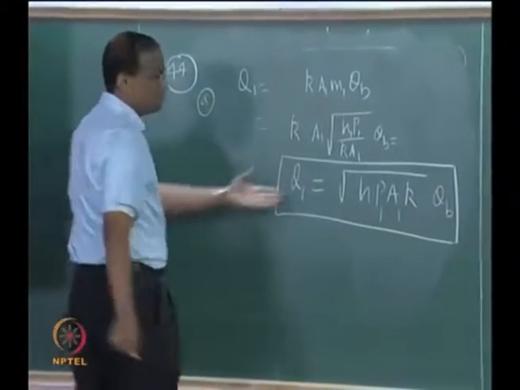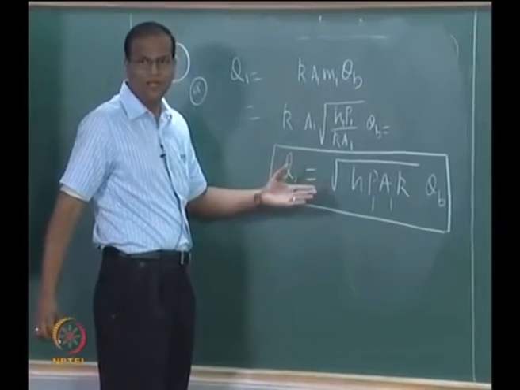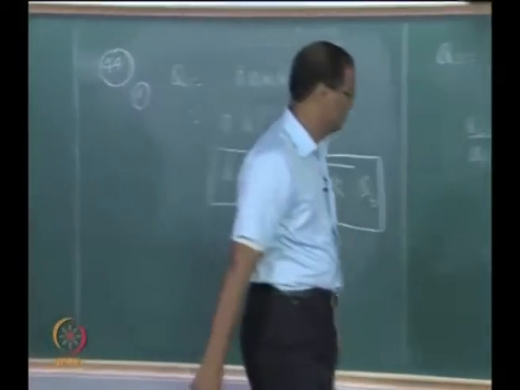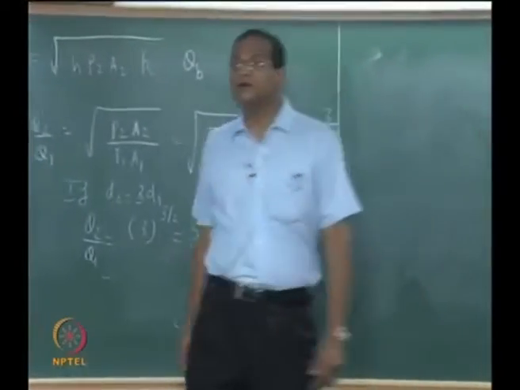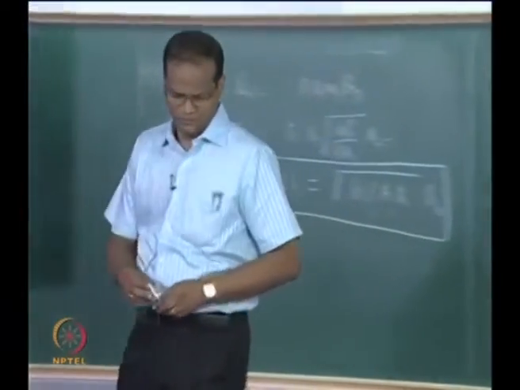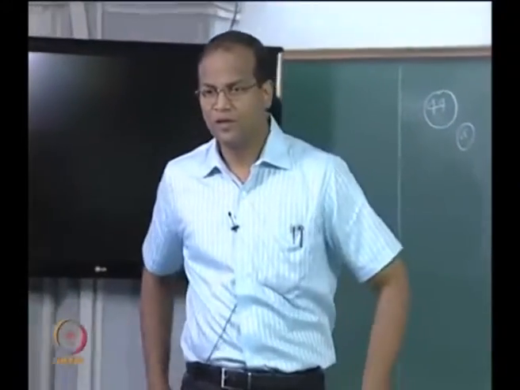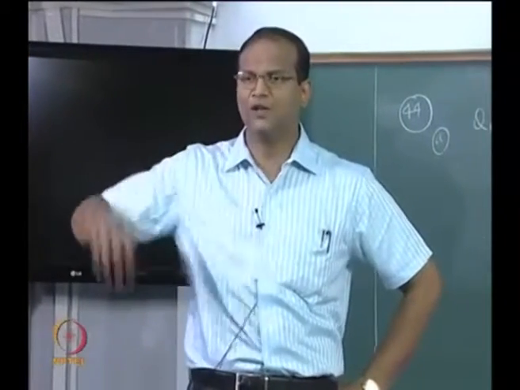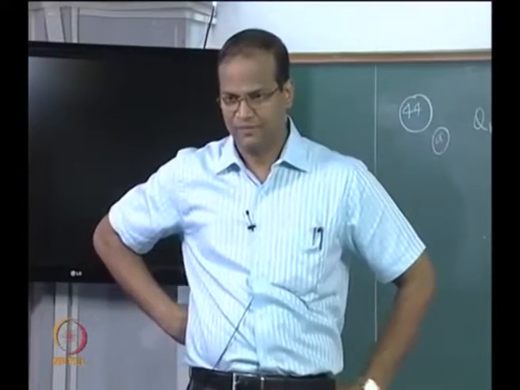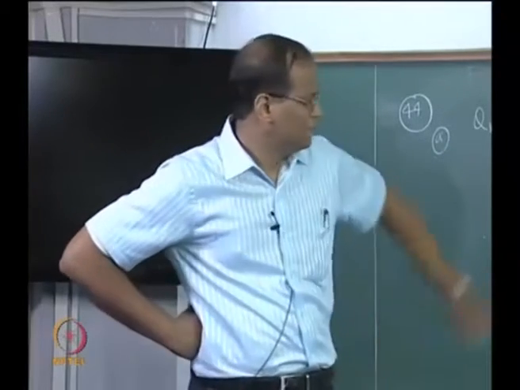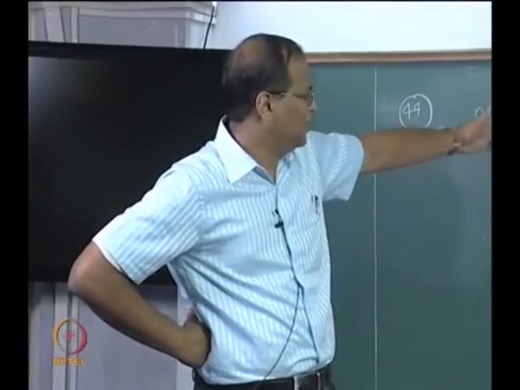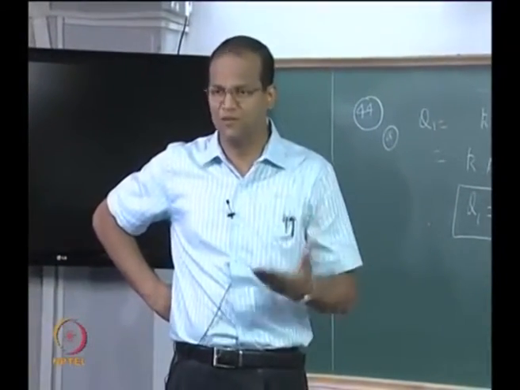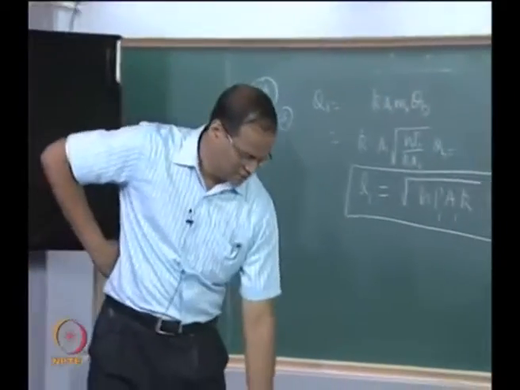So the weight has increased 9 times because the diameter has tripled. It will go as diameter square, 3 into 3, 9 times. Base area will be remaining constant. No, that is only if you want the Q to be constant. What I am saying is, suppose you want to increase the Q itself. Just because you triple this, 5.2 times is not coming for free. That is the point I want to emphasize.